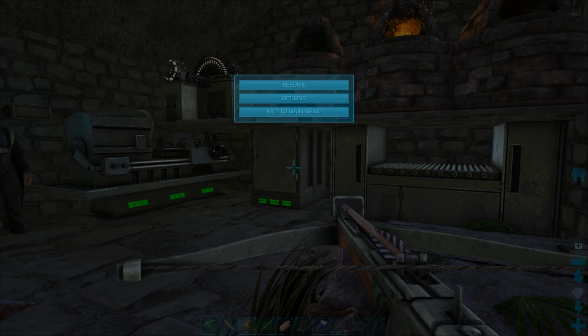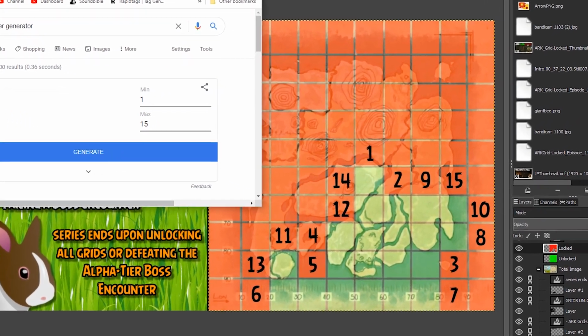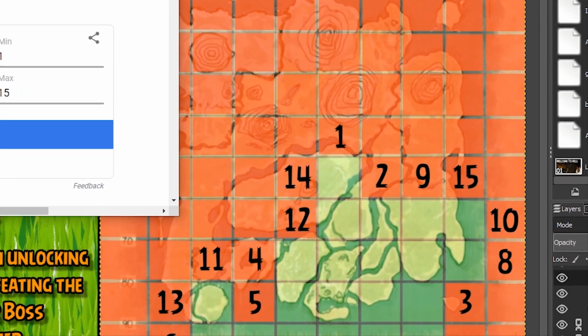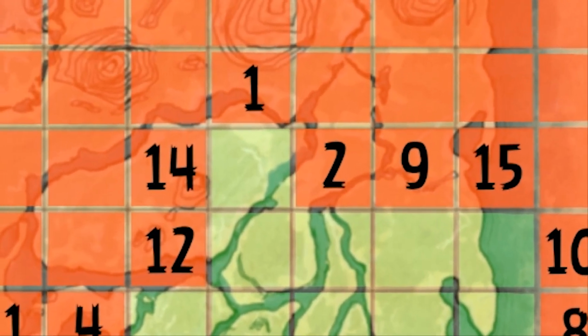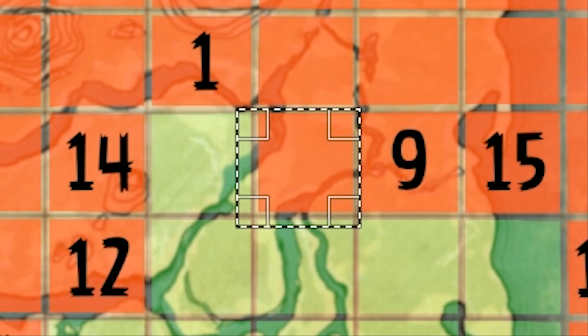That's insane. Alright, I've got all the numbers in place, and the maximum is now 15 that I've went ahead and changed. So let's see what we get. 2. Okay. 2 is a great grid to unlock. That is more landmass right in the center of the map. I don't know if anything important spawns there, per se. I think it's just more the same stuff that we've already got. But regardless, land is land. I will take it. And that has the potential for some Rexes, maybe. Maybe even more so than the other grids. So because it might have more Rexes...